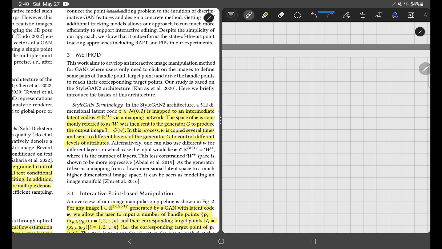it did a really good job. I forget when it was made. It was a few years ago when StyleGAN 2 was created. It did a really good job. It was before the diffusion breakthroughs, but